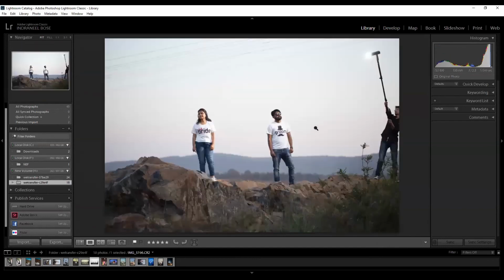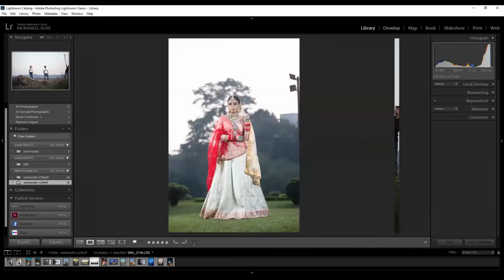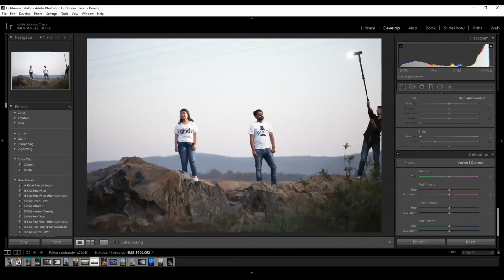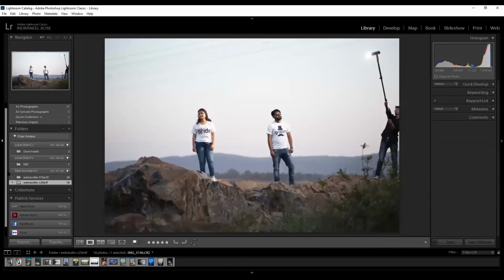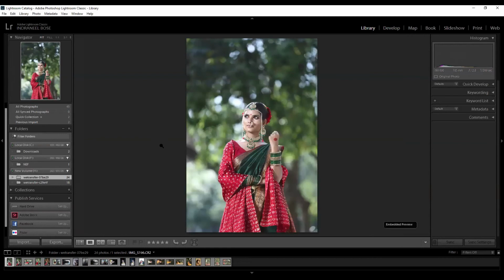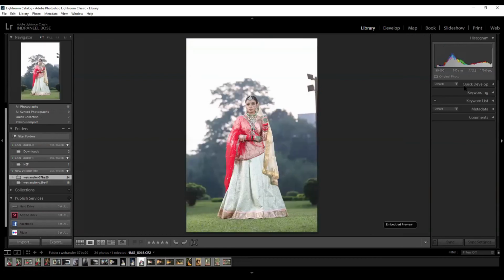Now for this type of image, with the local adjustment brush, if you select the colors, it won't come. Understand one thing, that's only what I'm trying to explain. See, this image, okay? This is the image we are talking about.